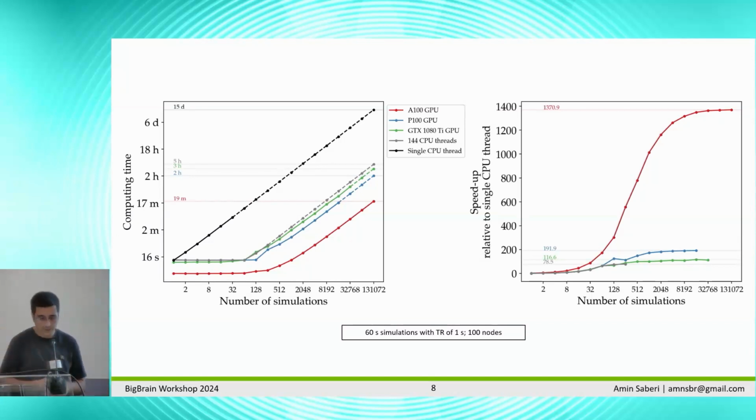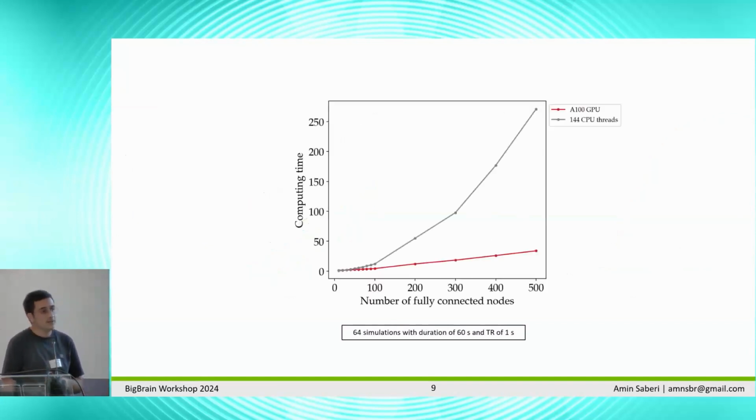Because we are also doing node parallelization. But it has another nice implication in that when you increase the number of nodes on CPU, so these neural mass models, as I mentioned, they have to keep track of all the connections, right? In a structured connectome, and a structured connectome is a matrix. So as you increase n number of nodes, the size of the matrix increases quadratically. And therefore, if you're doing the CPU implementation, then the compute time also increases quadratically, as you see in this